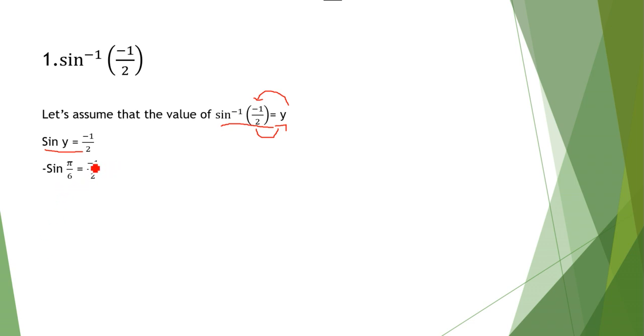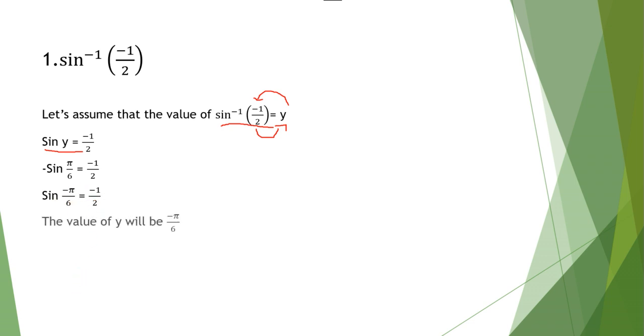So we can write sine pi by 6 as 1 by 2. But in this question we have a minus on this side. So if you put a minus on the left hand side, it will be equal. We know that sine is an odd function, so it can be written as sine of minus pi by 6. The minus in front can be moved to the variable, as sine of minus pi by 6 is equal to